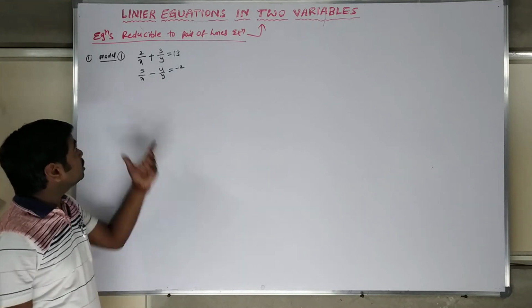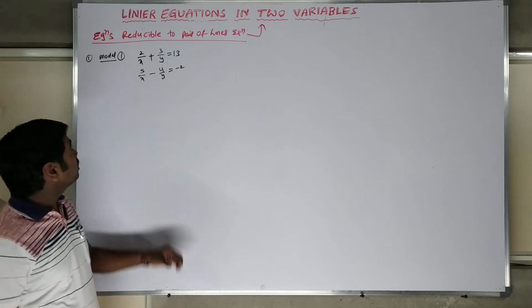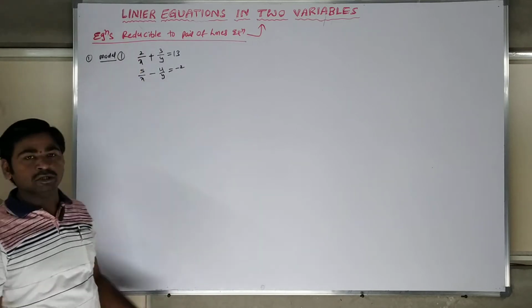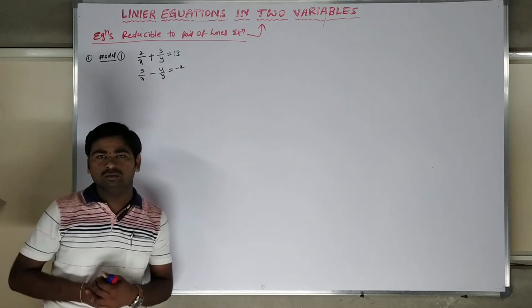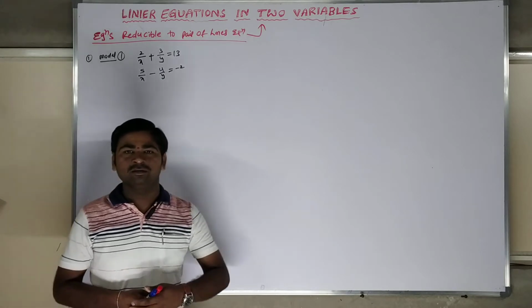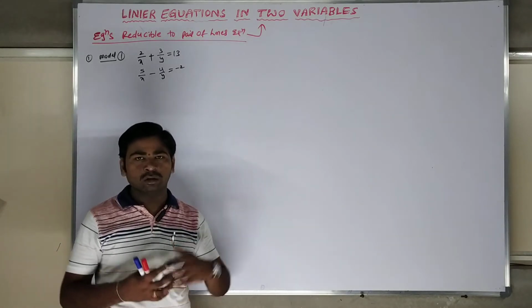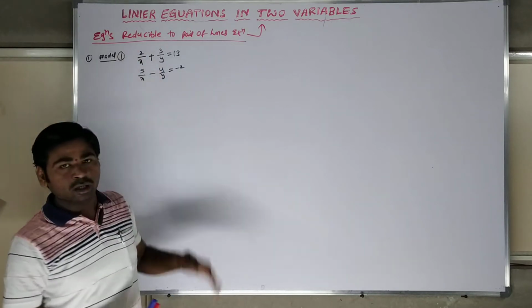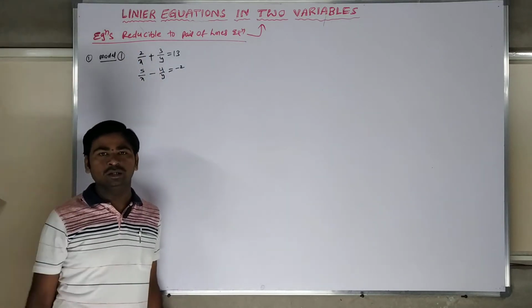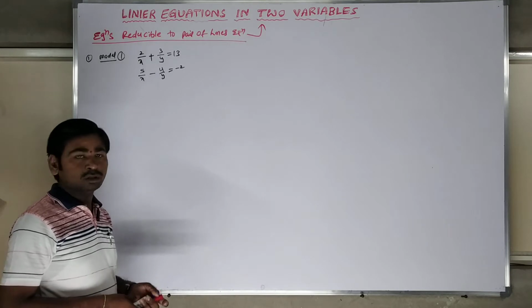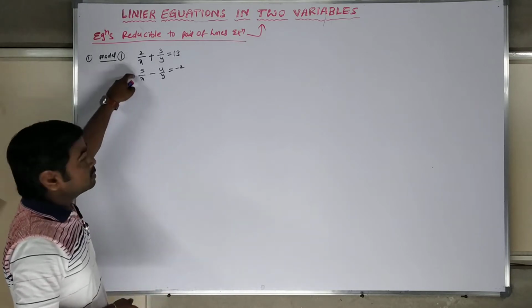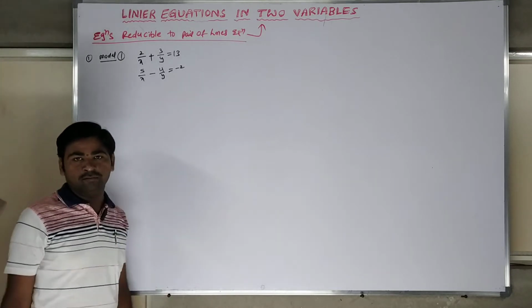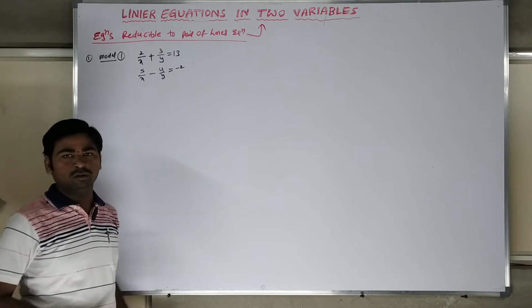This is two equations in two variables, but x and y are in the denominators. A denominator problem we cannot solve directly. So we have to convert it into an easy form, like 2 into some other constant, then you can get the answer easily. For that reason, what I have to do is take the two equations and look at the common portion you are having, and assume that as some other variable.